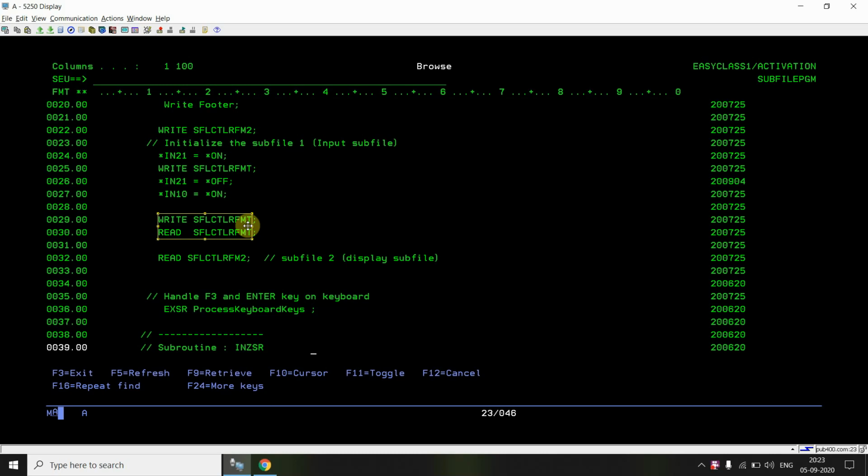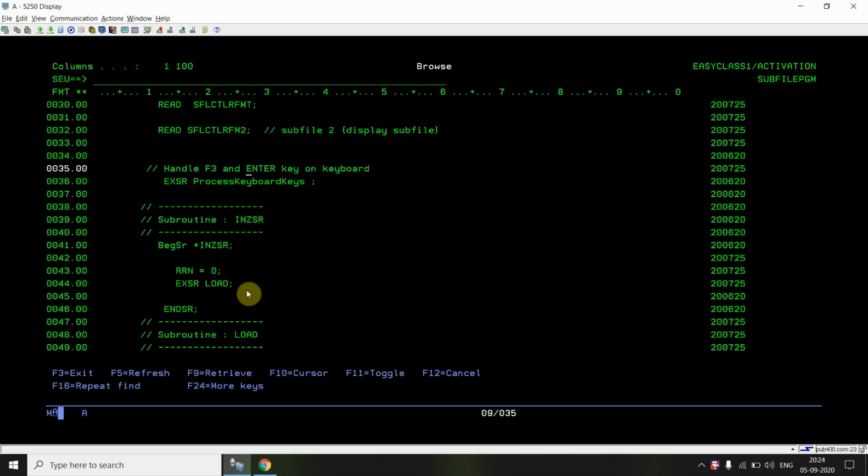What would happen is the first subfile would be displayed, and when I press enter, then the second subfile would be displayed. But I don't need to press enter. I just call the program and must have the two subfiles displayed in front of me. That's why this was done. Then reading subfile control format 2.